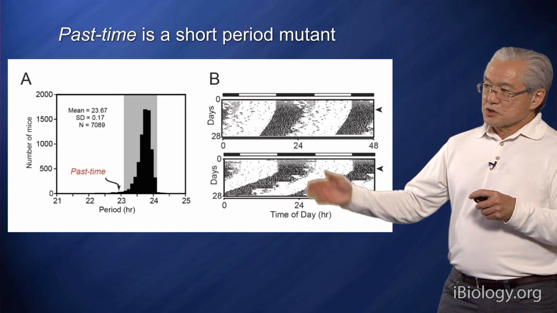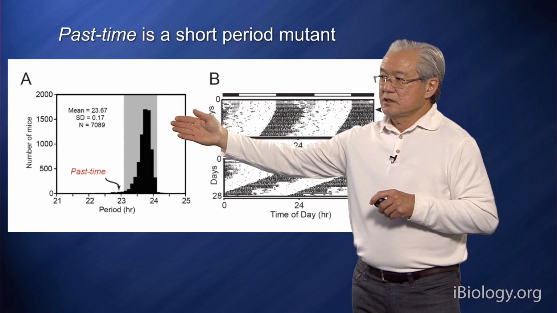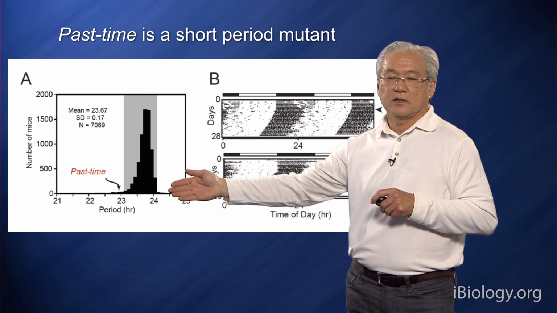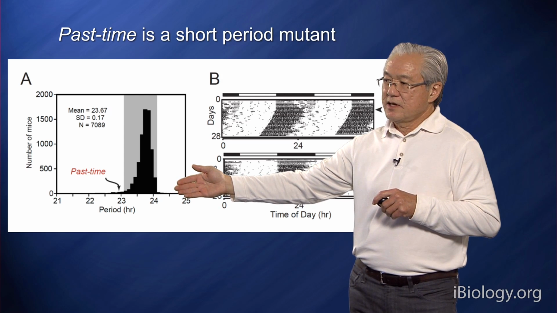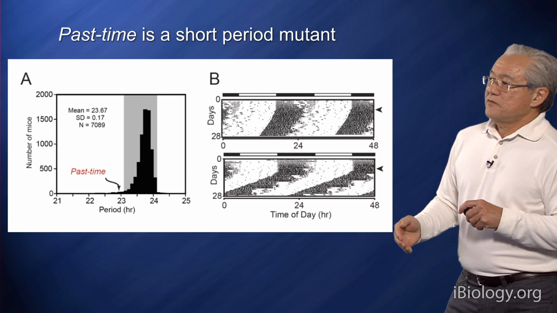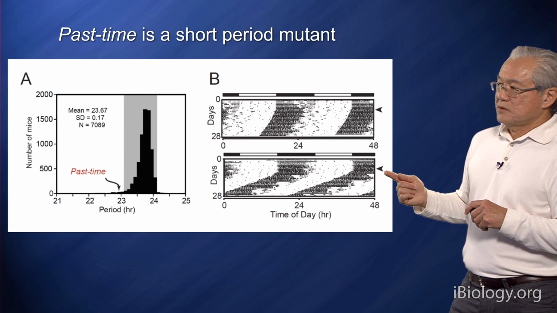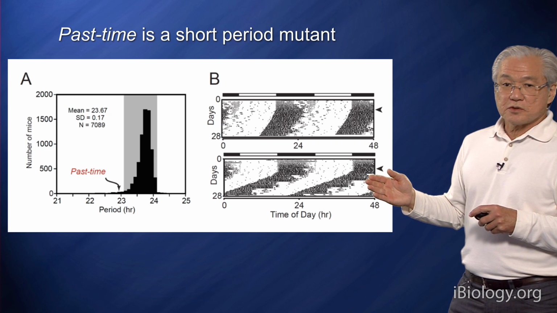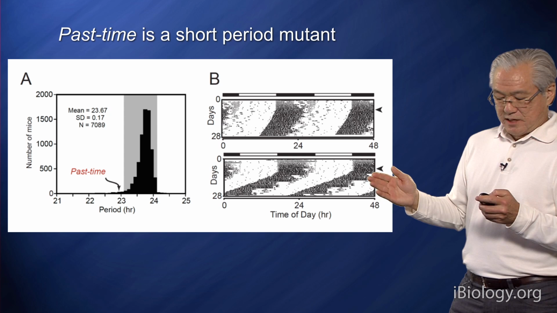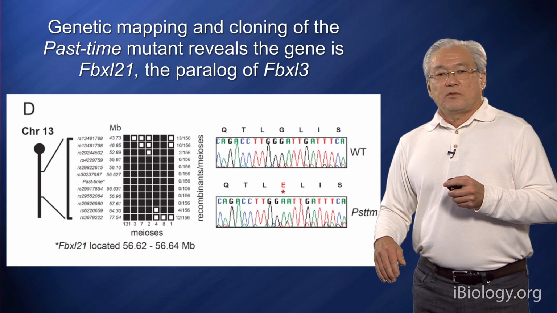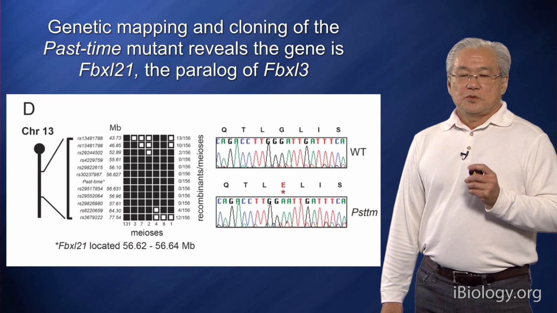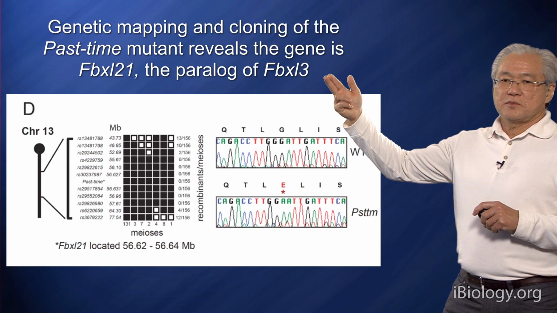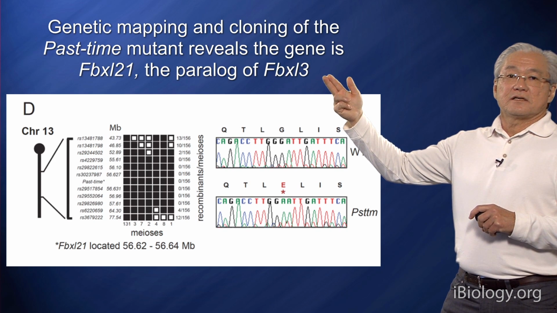So in a second screen shown here using a slightly different strain of mouse, so the period of the rhythm is a little longer. It's 23.7 hours in this case. We found a short mutant, and that's shown here. It's only subtly short, about a half an hour short. Named that mutation pastime. And when we mapped this gene, it turned out to be in a new position. And incredibly, this gene turned out to be another F-box protein. This time, it was called